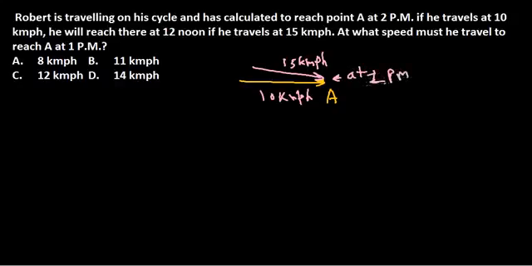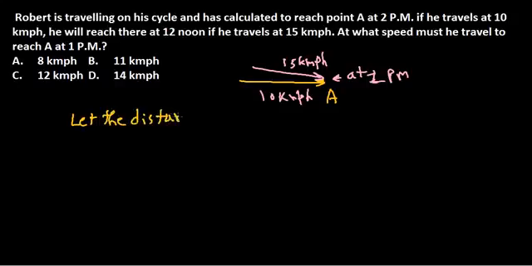What we need to do is construct an equation using these two different statements, 10 kmph or 15 kmph to reach A. Then we apply that value to get the answer to our question. So let's begin. We don't know the actual distance he is traveling, but we know the different variations in his speed and time duration. So it's always a better idea for this type of problem to let the distance